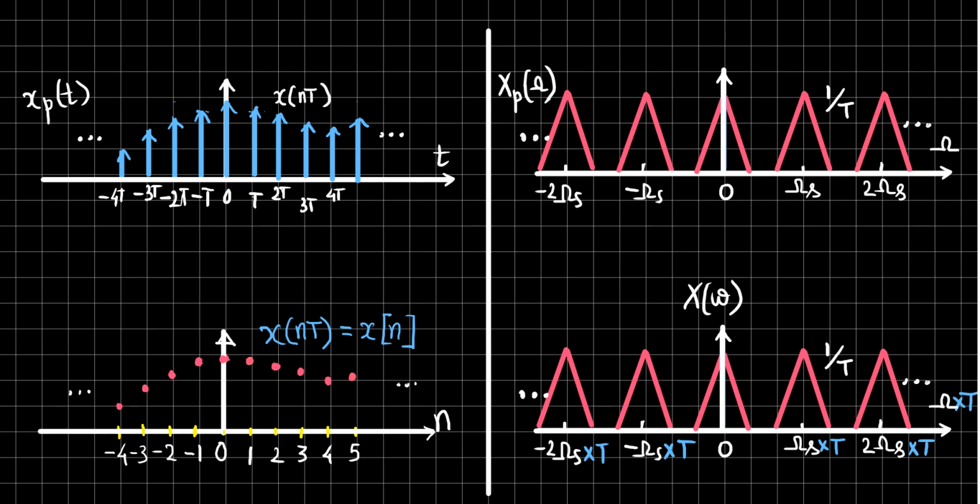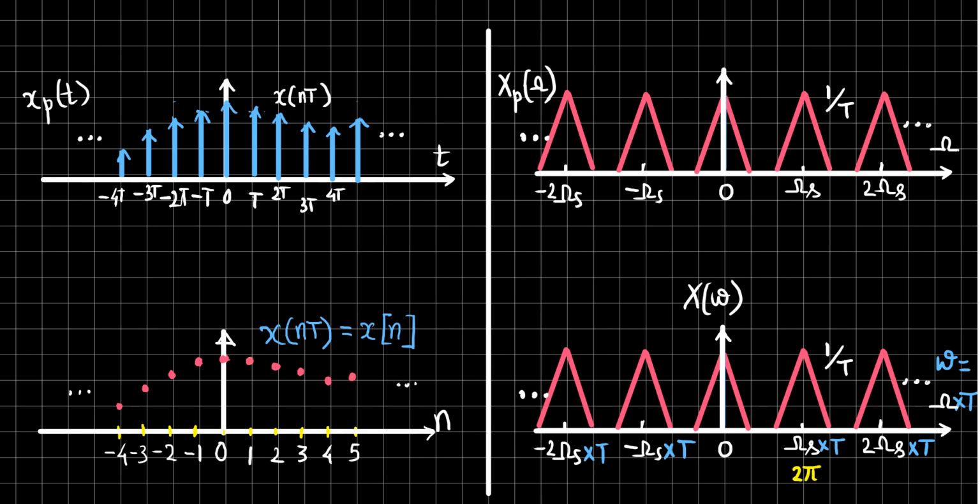In order to obtain the axis that is small omega. So now for this discrete time signal x of n, we would obtain the axis as small omega. Now let me simplify this. This omega s is actually 2 pi into fs, that means 2 pi by Ts, and that T and this T will get cancelled in order to give 2 pi. So what I mean by that is this thing is equal to 2 pi,